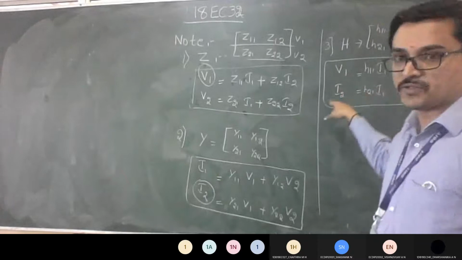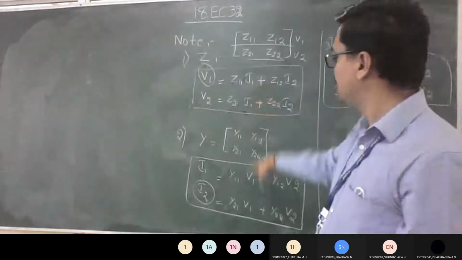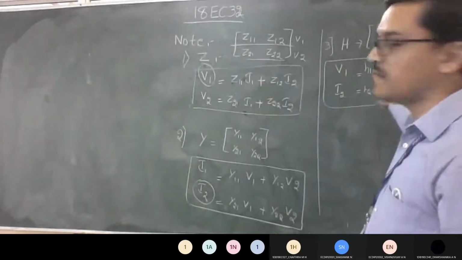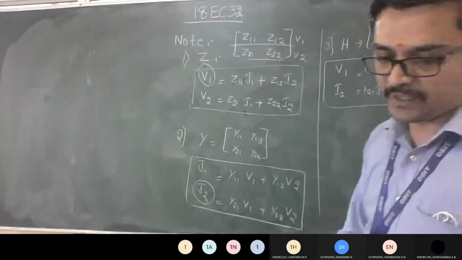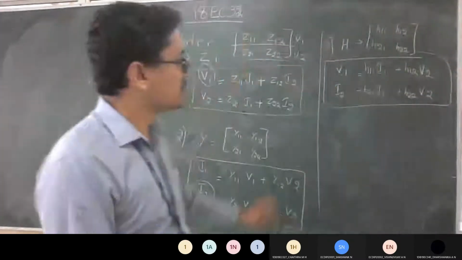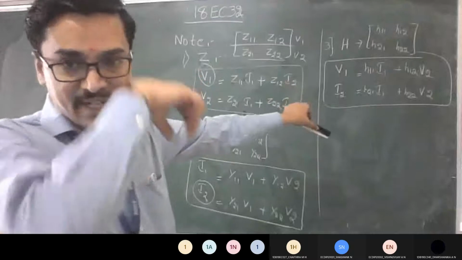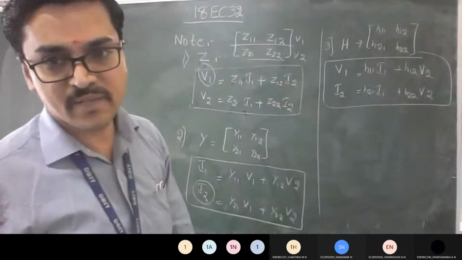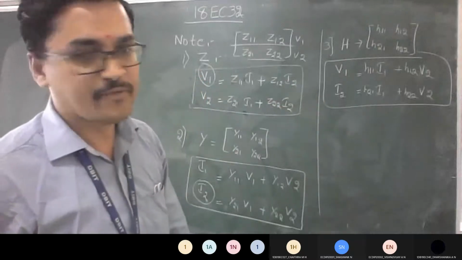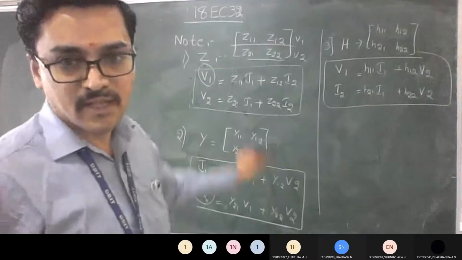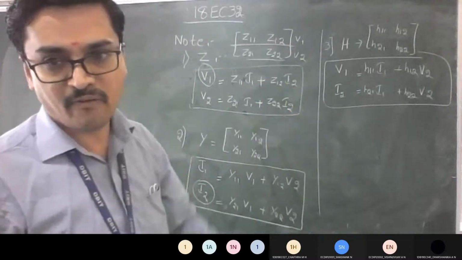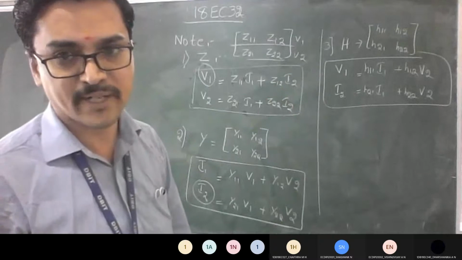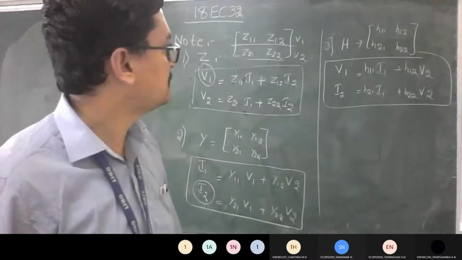So what you're supposed to find is V1 from here and I2 from here. It is made up of I1 as well as V2. Just mention the parameters to get the answer. Is it visible? Everyone, is it fine till there? So you got the meaning of the H parameter now? If you have doubts, you can ask, because if you remember these four formulas that you're writing now, it will be easier for you to understand the parameters completely. Anand, any doubt here?